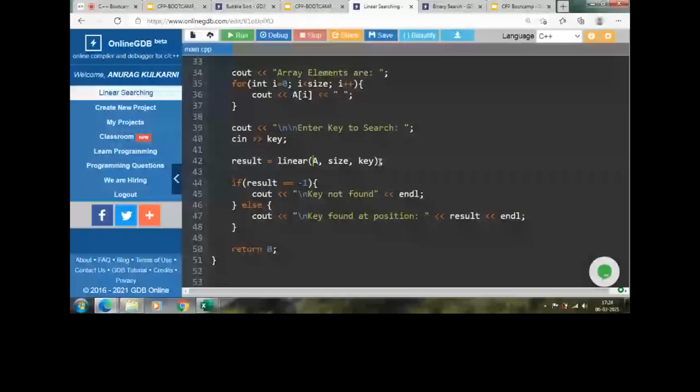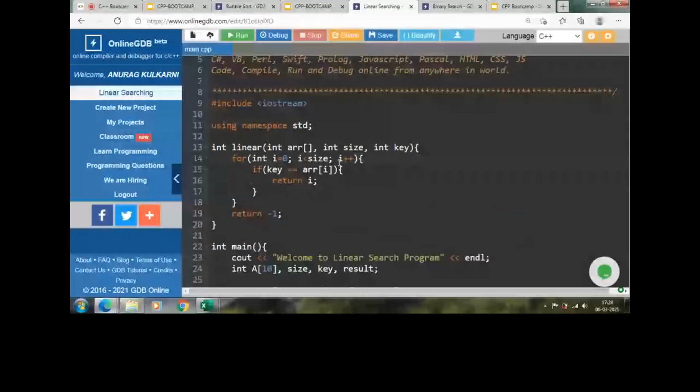Then we will use this for loop for looping through all the elements of that array. We will initialize the array index to be 0, and it should be less than the size of the array. Now, if the key is found at the first position, that is the 0th position, then it will return i, which will be 0.